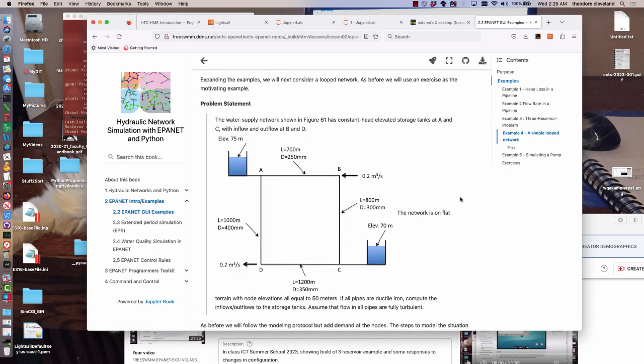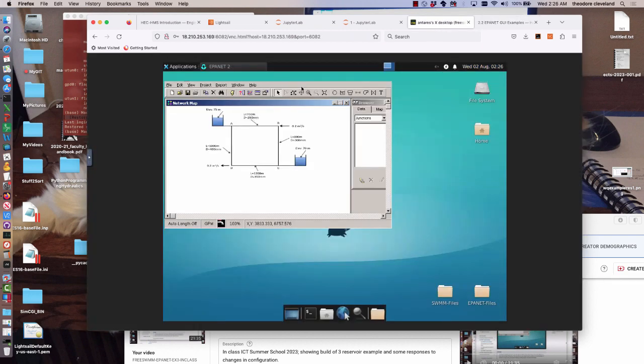Okay, so there's the map. So the first thing we have to do is lay out nodes or reservoirs. Doesn't really matter which. I'll do the 2 reservoirs, then we'll put in the nodes and proceed accordingly. So we'll have one reservoir, then the other reservoir, then we choose the nodes, which is this button,